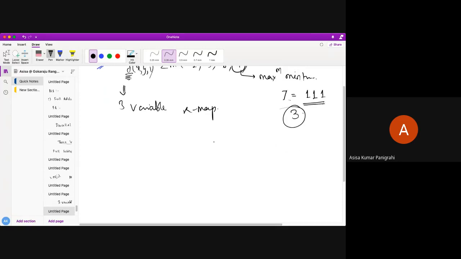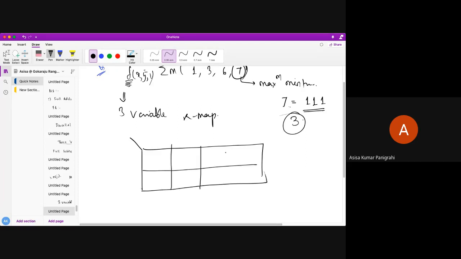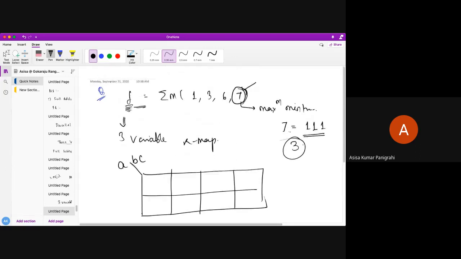So how to construct a three variable KMF, as you know very well, we have done a lot of questions about it. This is a three variable KMF which follows the gray code sequencing. So according to that, I have done it like this. It has not been given any function variables. You can take xyz, you can take abc, your wish. Let's say I am taking abc over here because it has not been defined what my function variables are. It has just been given f is equal to summation of m. You can also take xyz, pqr, whatever variables you want.